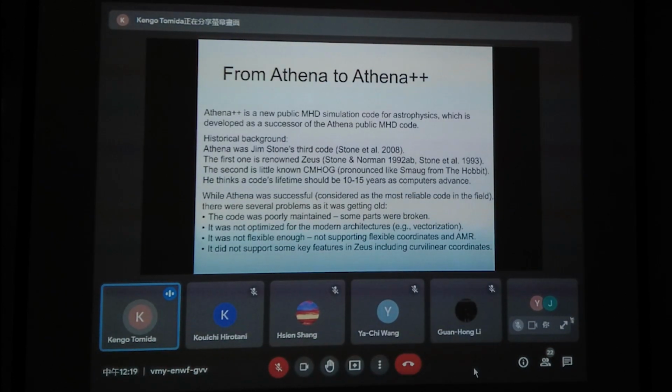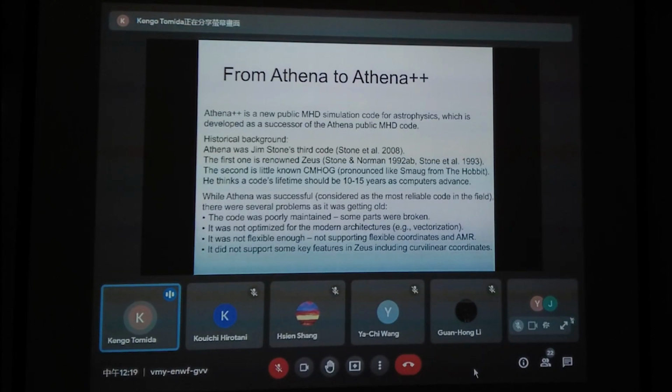And the second one is a little known smart code. And from his experience, he thought that a simulation code has a lifetime of about 10 to 15 years, because computers advance and the best simulation code design changes as time goes. So we think Athena